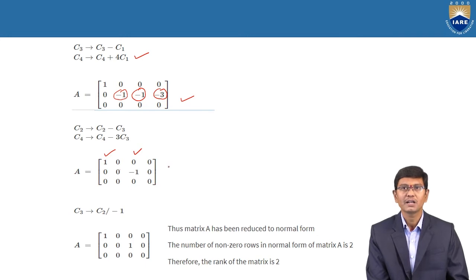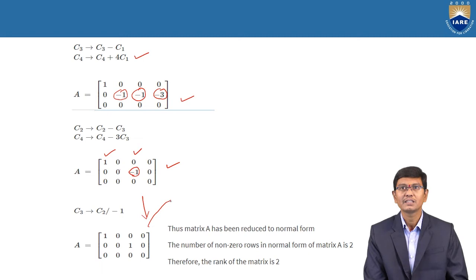And again, it is not the normal form of a standard formula. Here also we need to change minus 1 to 1, otherwise it is 0, but 0 is not possible. Therefore, on this C3 we are dividing by minus 1. This column operation changes minus 1 to 1 only. Now the reduced matrix has first column 1 0 0, second column 0 0 0, third column 0 1 0, fourth column 0 0 0.